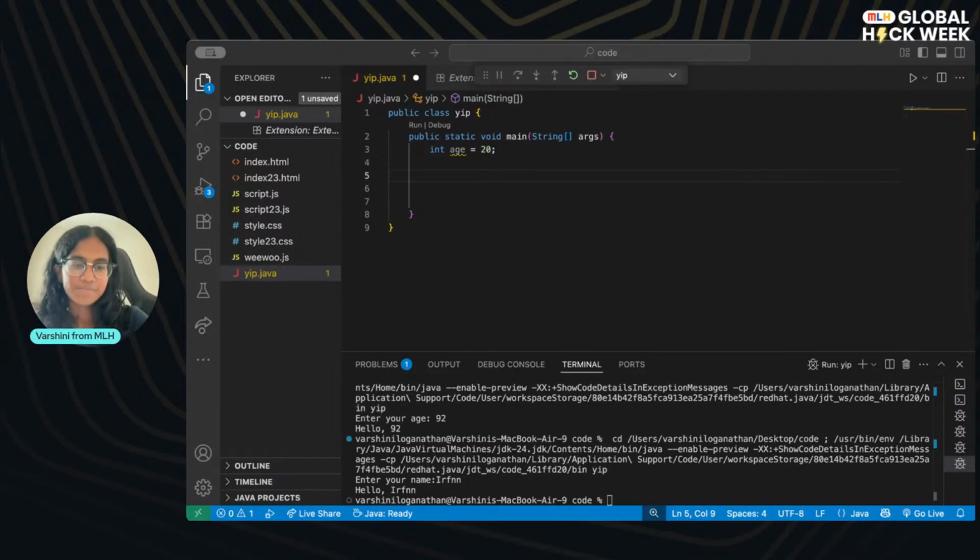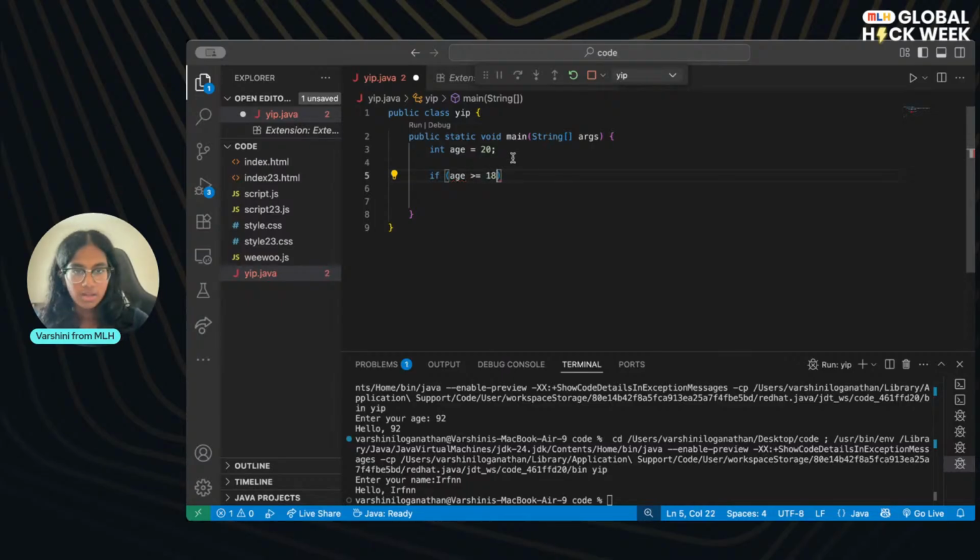Hopefully that helped. So going back to our code, we're going to do int age equals 20 just for a sample, and we're going to do an if statement. So I'm going to do a little age check here. I'm going to do if age is greater than or equal to, and here's another one of our operators. We've got greater, less, we can also do greater than or equal to.